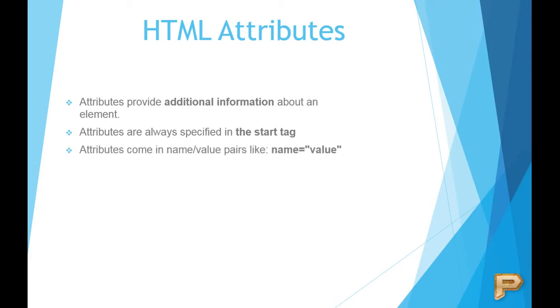The third point says that attributes come in name, value pairs, like name is equal to, in double quotes, value. Now here we can understand the syntax of name equals double quotes value. The name could be anything, any name you can give. For example, age, and to the age you can pass some value, 35, 40, 50, any age you can pass. So name will be some terminology that you will be using, and that term will have some kind of value. Let us have an example to understand this particular thing.